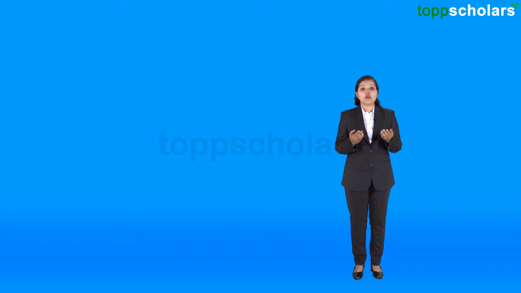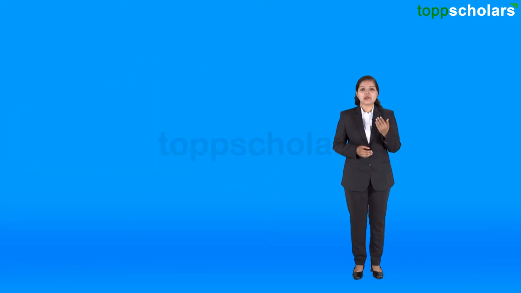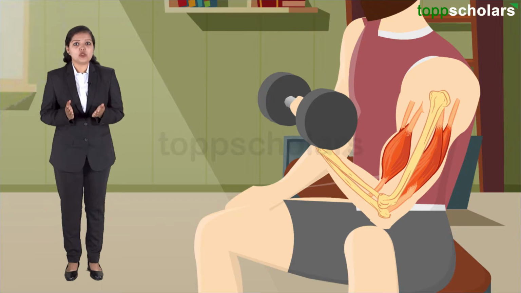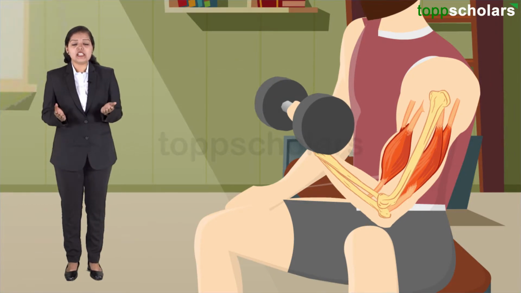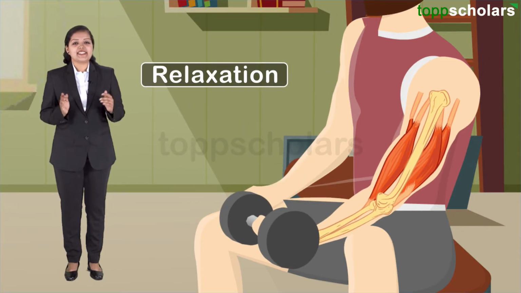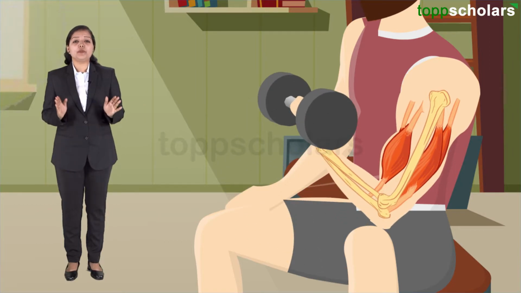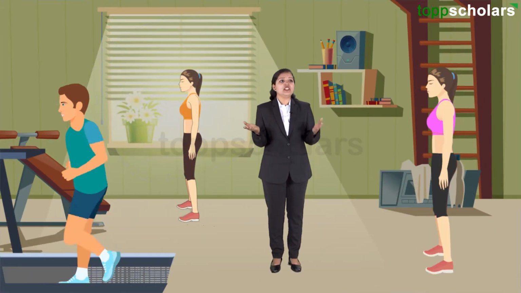As we are discussing about muscles, we need to understand what contraction and relaxation means. So, let's move on. Our muscles have the capacity to shorten, which is known as contraction. After the contraction, our muscles come back to the original length. It is known as relaxation. It is this contraction that generates enough force to perform any activity or any movement, may it be running, jumping